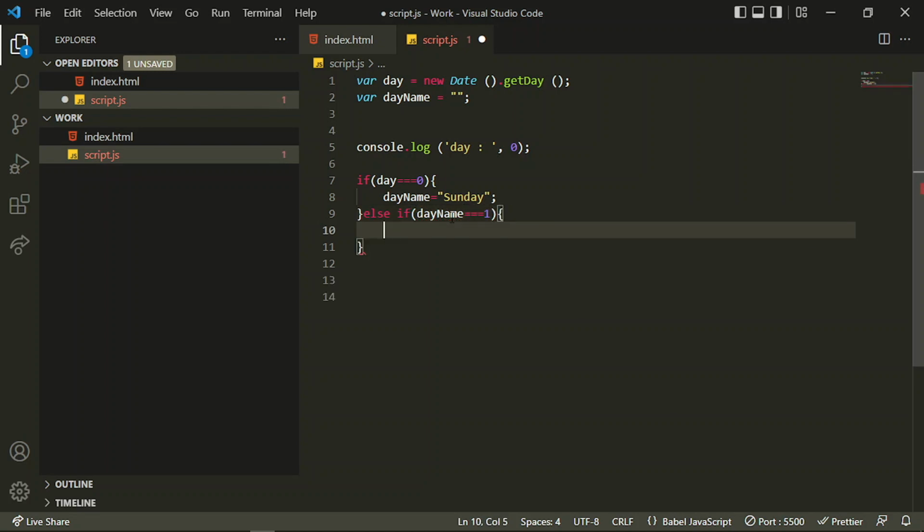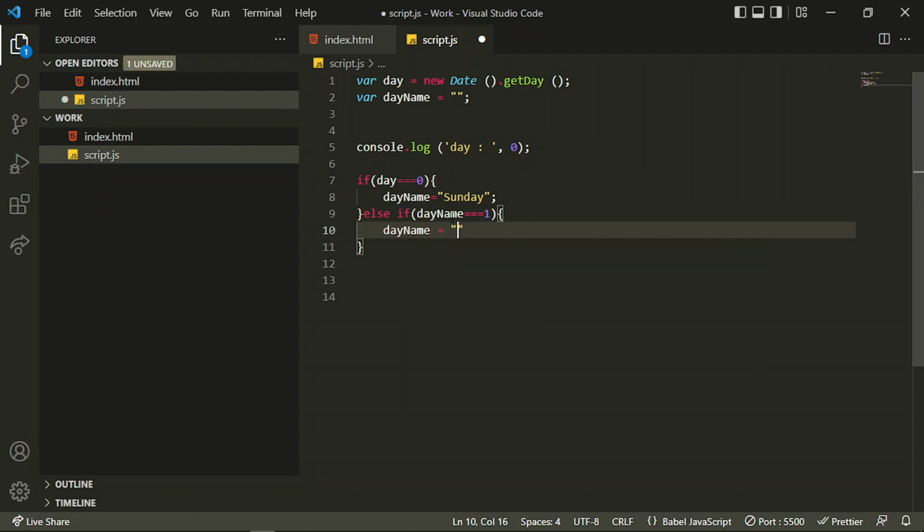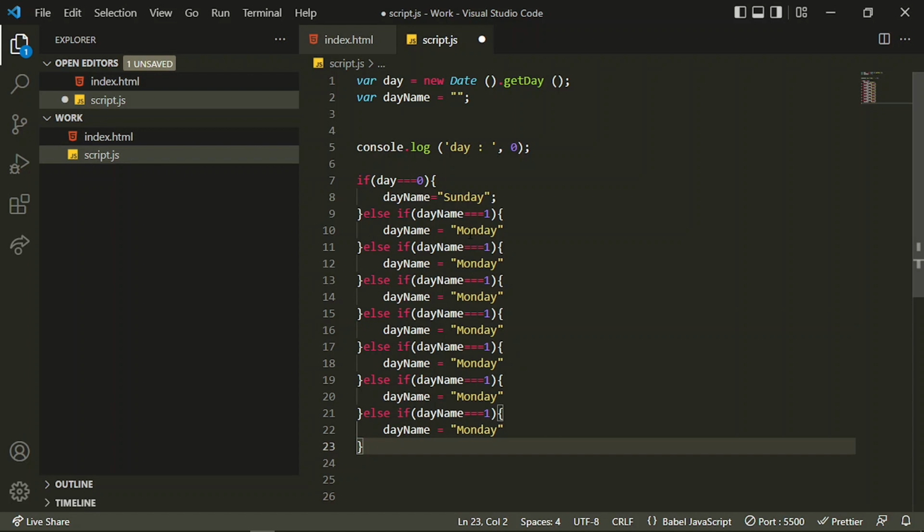If it is 1, then I can do this for Monday. Similarly, I can copy paste the same thing multiple times, and this one will be 2 and this one will be Tuesday, this one will be 3 Wednesday,